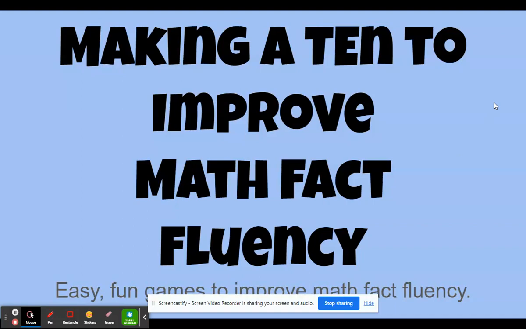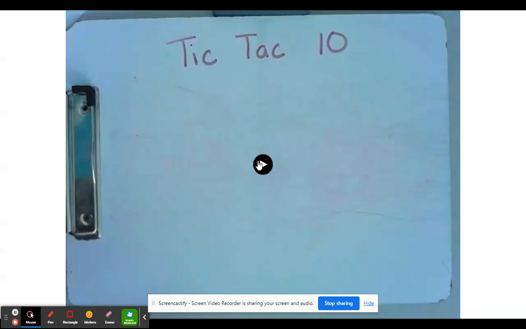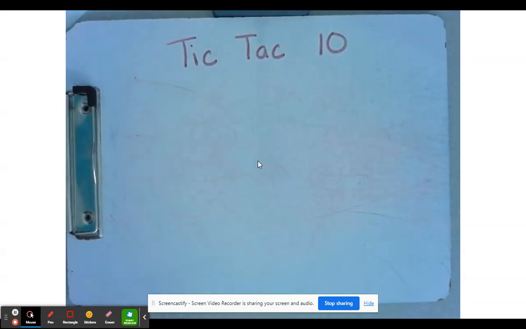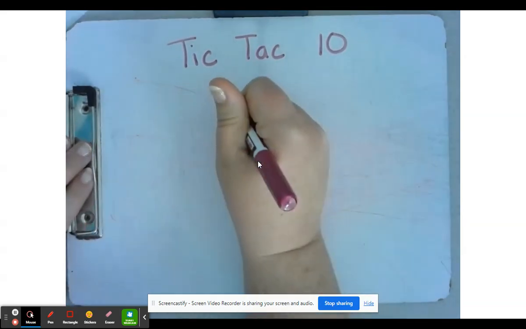a game. After each game, I have the directions on the next page so you can take a picture of it. The first game I want to share with you this afternoon I call Tic-Tac-10, and it works on different ways you can make 10 with numbers less than 10. So you start out by drawing a tic-tac-toe board,